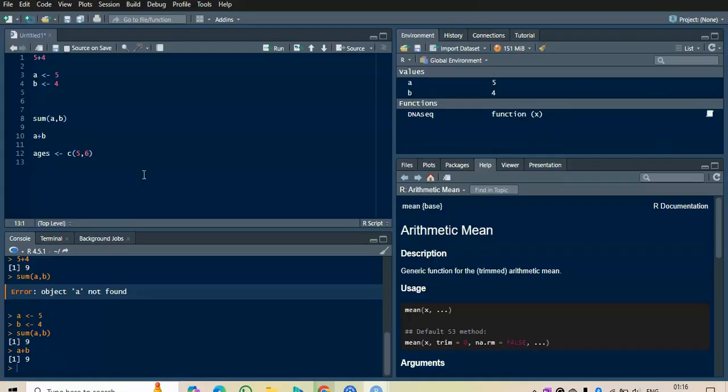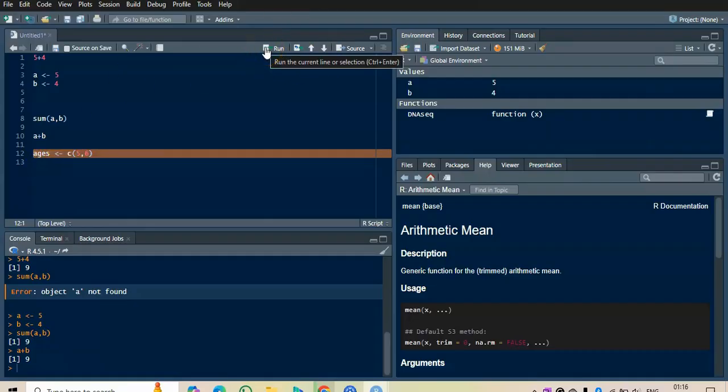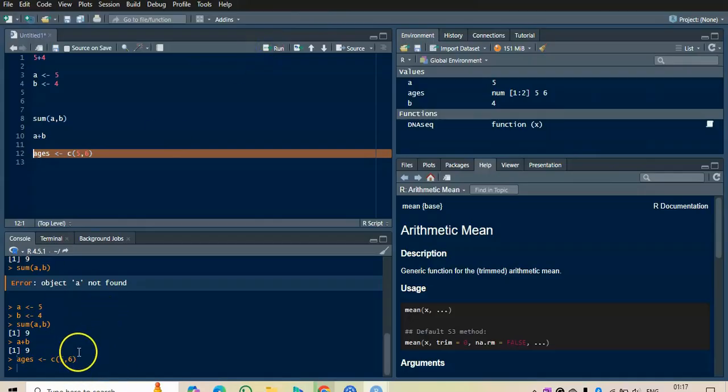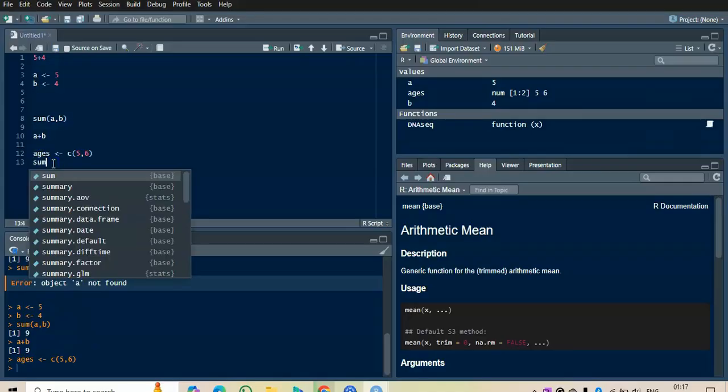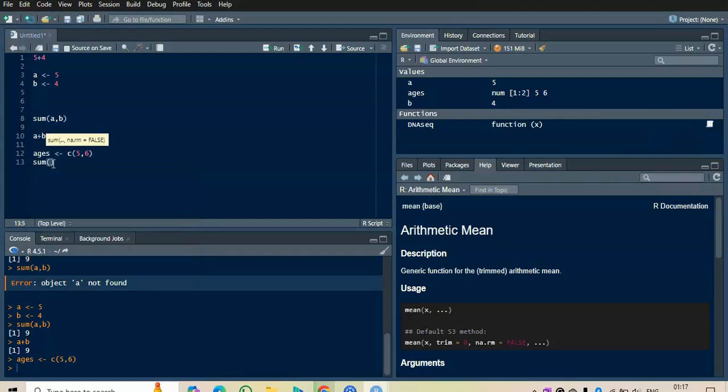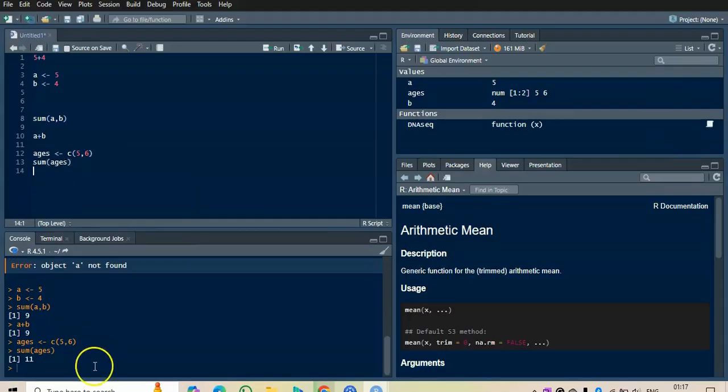Then let's say now you are doing this again, you are going to select it and run it, so your data will be loaded here. Then you can put your formula, sum the ages, just that, and control plus enter. You can see the 5 plus 6, the ages, and you'll get the result here. So like this, step by step, we are making it